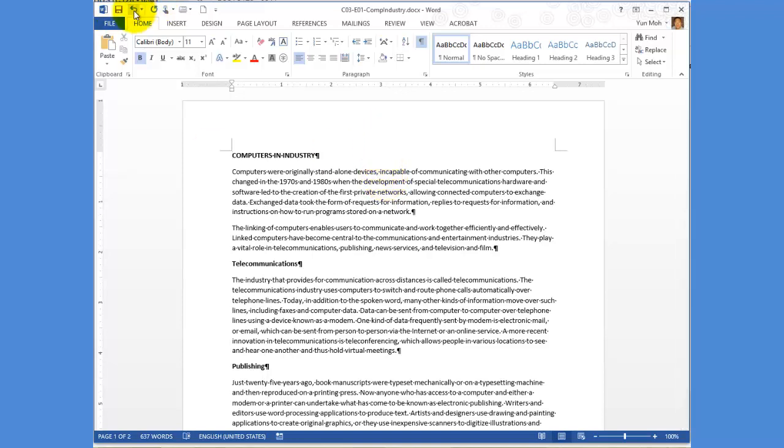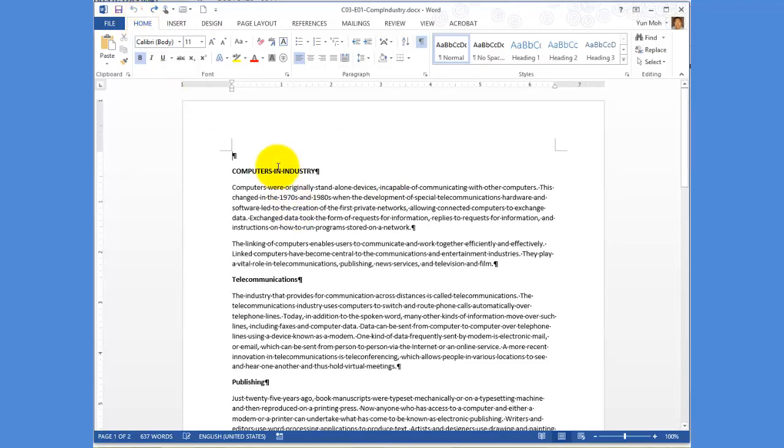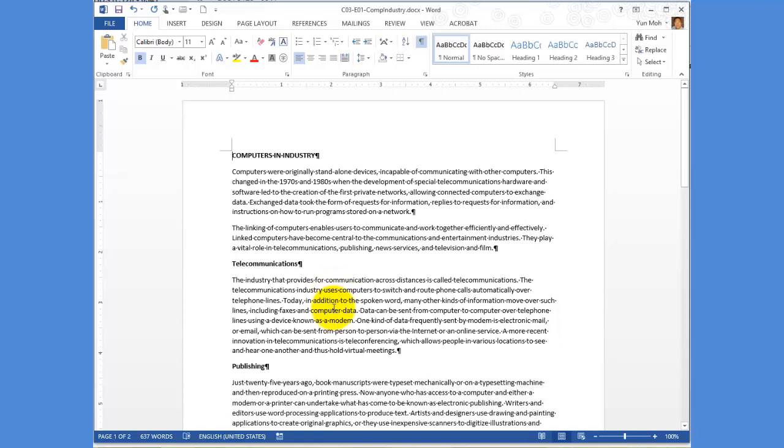To be clear, let me just undo this. Here, if you just press the Backspace, it would not delete, because the insertion point is before the paragraph symbol. So to delete the paragraph symbol, you have to use the Delete key. And then once you delete it, the whole paragraph, which is empty, will be deleted, and the first line, Computers in Industry, becomes the first line of the document. Alright, so